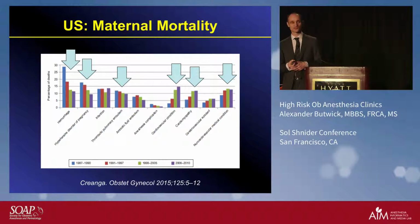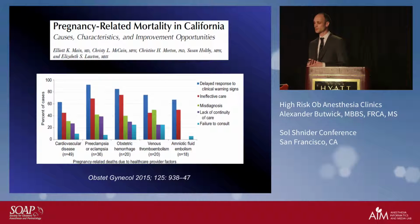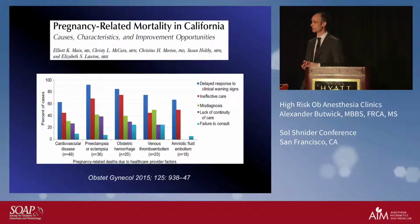Now, are there any contributory factors that we as physicians are involved with in terms of causes of death? This is a really interesting report that came out from the CMQCC, the California Maternal Quality Care Collaborative, and they published data looking at causes of death in California between 2002 and 2005. And then they looked to see whether there were any physician-level factors that may have contributed towards